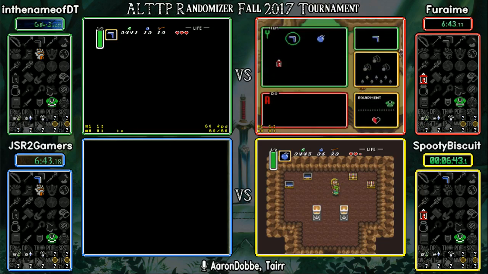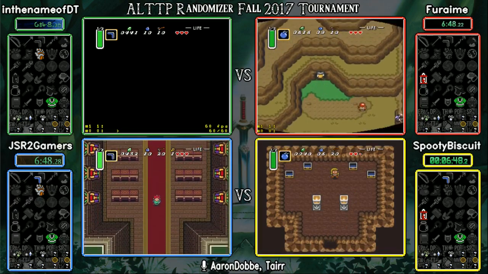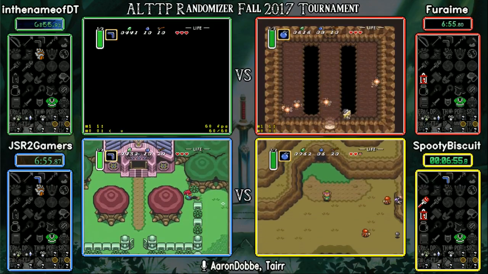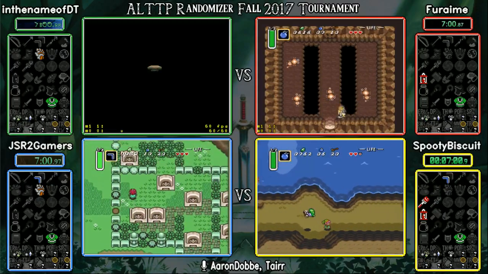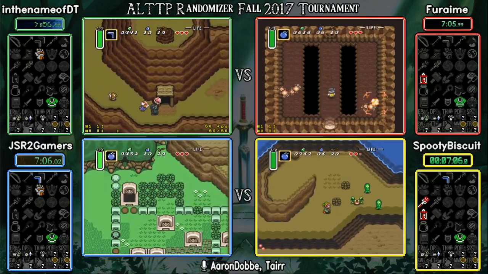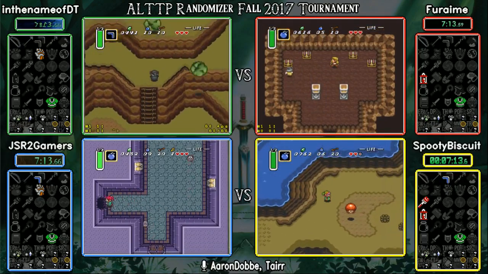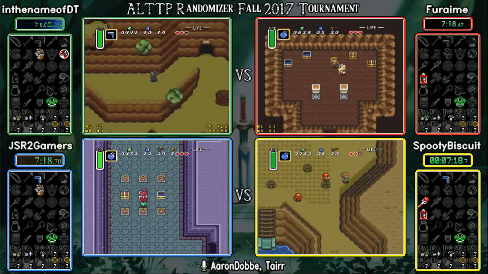Ooh, was the fire rod in the mini Moldorm cave? Yeah, so a lot of cash in there as well, which pushes him above the 500 needed for Zora. We may see some fake flippers to get to Zora early, or might not. I know some runners like to do that, but some runners like to avoid sequence breaks, especially early on, which sort of narrows down the places where you may find useful progression items because...